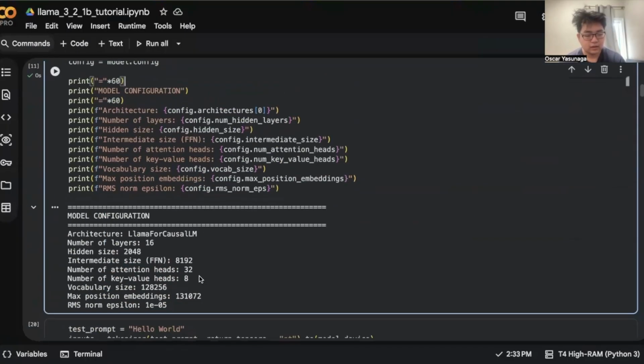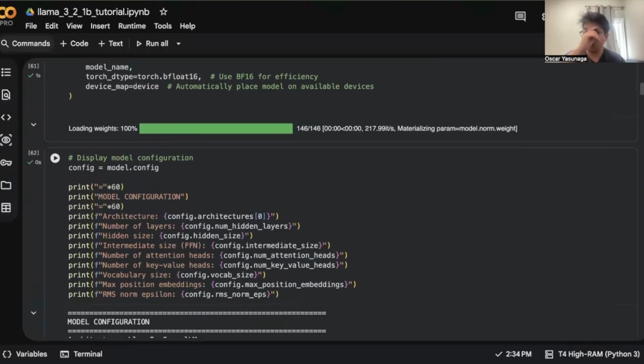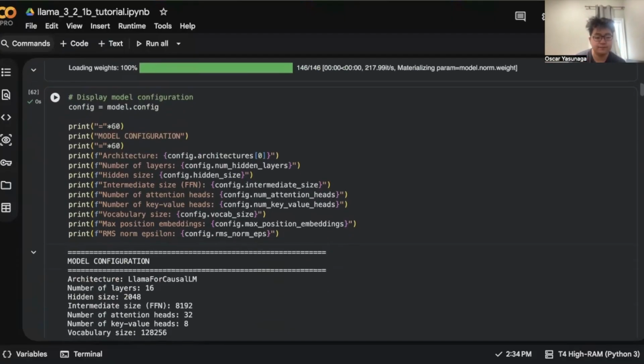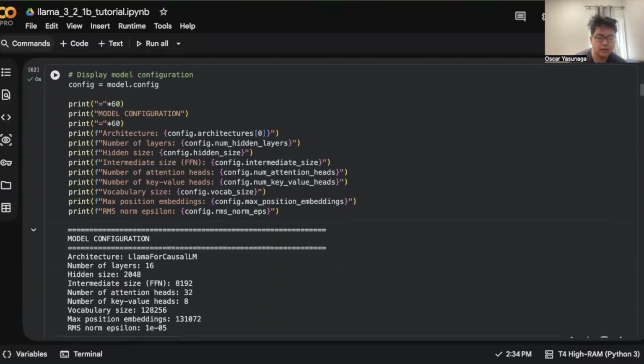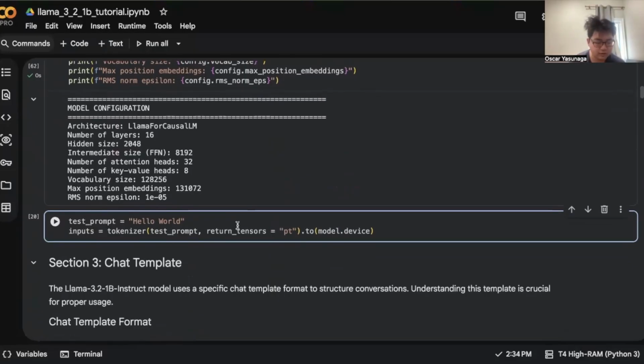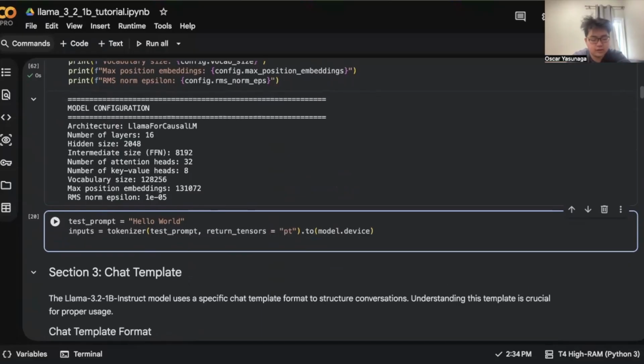So, another thing is typically people will define configurations for their models. They define what the architecture style is, how many layers there are, what the hidden size is, the number of attention heads, maybe things of interest to you. But yeah, to start, let's just